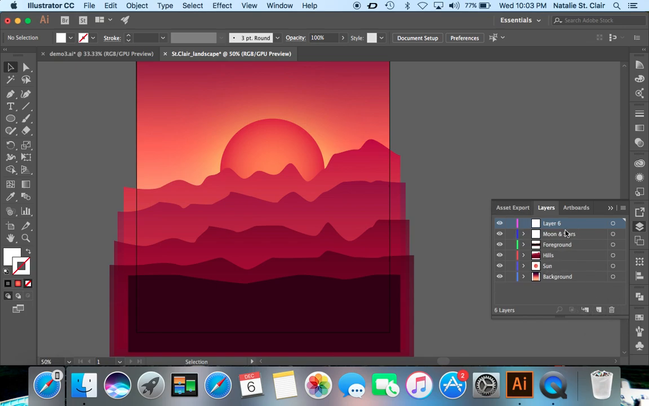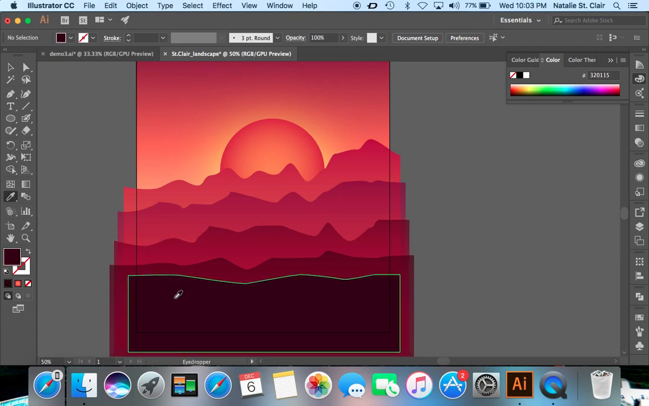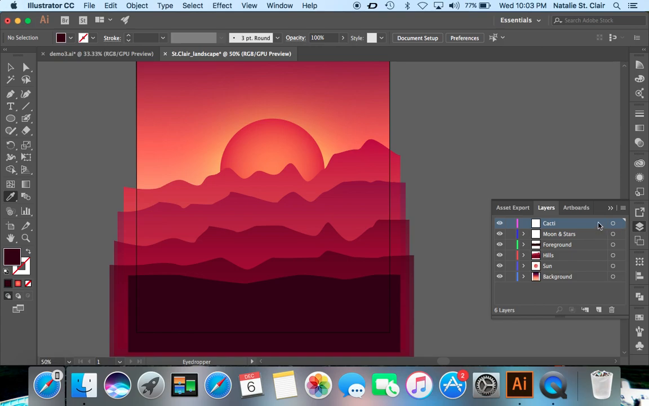So let's create a new layer. We will call it cacti. And we are going to choose not our paintbrush tool, but our blob brush tool. And we're going to select our fill. Then we're going to use our eyedropper with the shortcut I to sample from our foreground color. And that is what we will use to paint. So then go and select the blob brush again. Again, you can use the square brackets to adjust your brush size, and then just very naturally click and drag